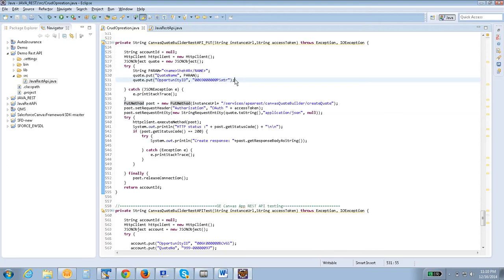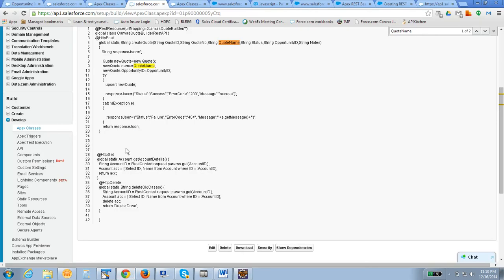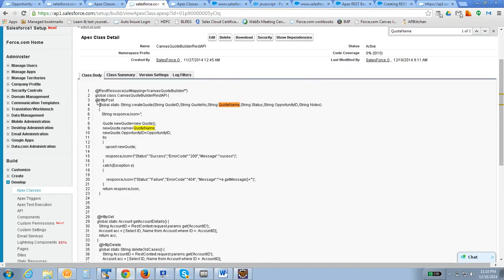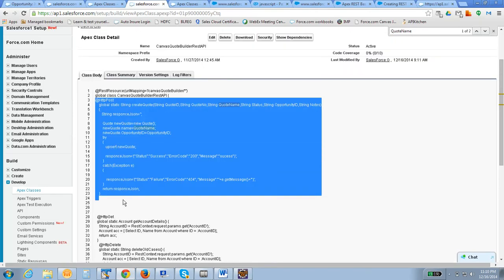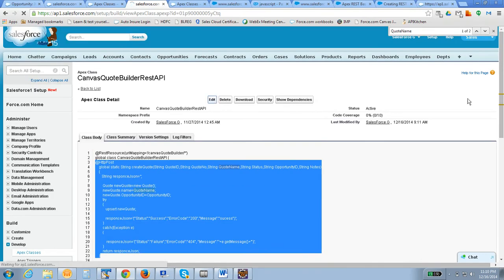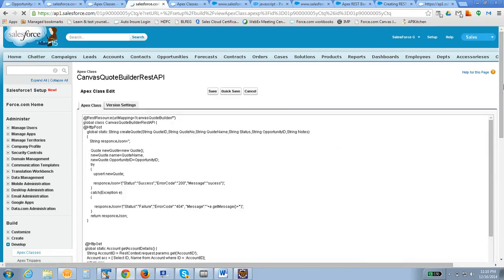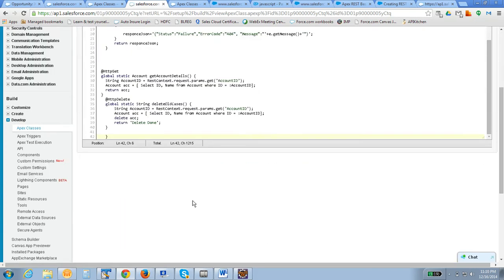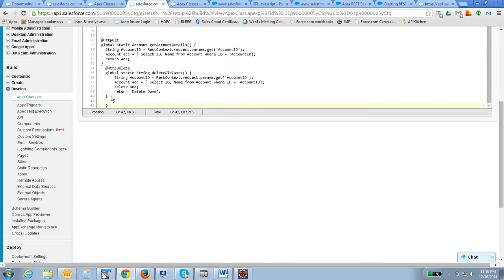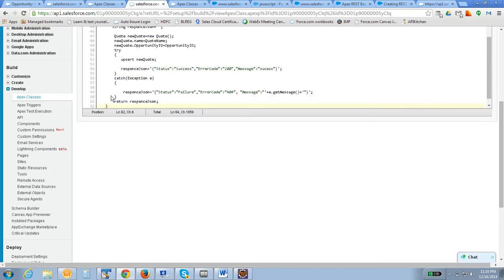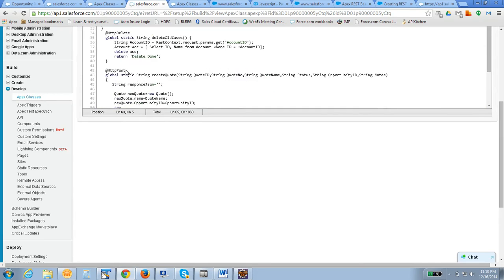Put is basically meant for creating as well as updating. Let me hit the service. It is saying it is created, so we'll see what has been created.